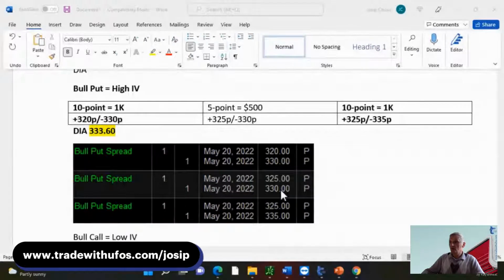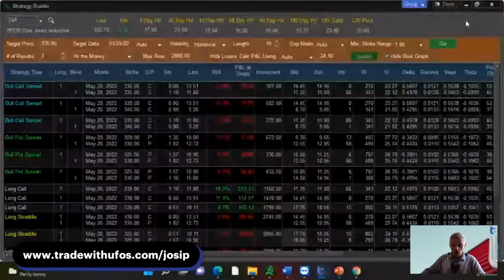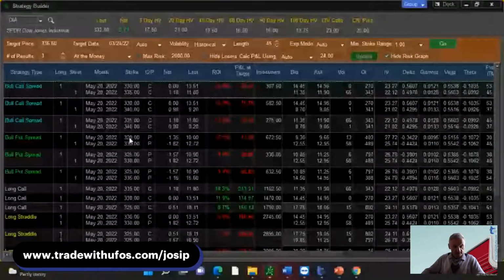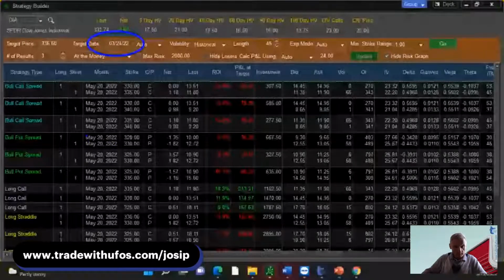The time that was projected for me was May. That doesn't mean that I want to be in that particular trade till May. All that it means right now is that I need to select the strike prices from the Tradactive option planner that are matching, but we will hit that target, as I was pointing out to you, most likely by March 24th. So because this says May, it doesn't mean that I need to pick the May.